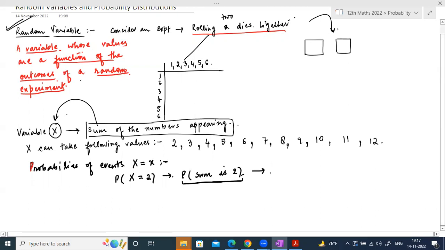Okay, forget this. If the question is what is the probability that we get a sum 2 when we throw 2 dice, won't we list all the outcomes first? How many outcomes are there when we roll 2 dice? 36 outcomes. Right? These 36 points that I am drawing here, this you already know.